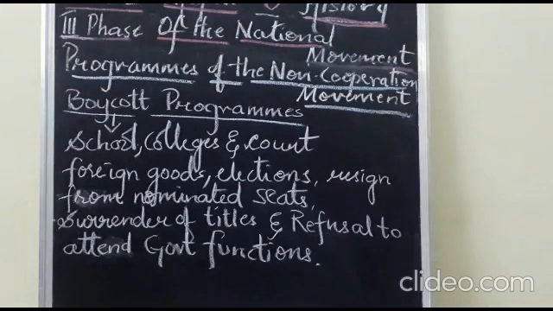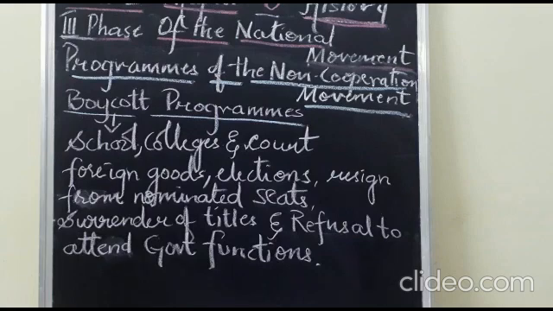Let us now see the programs that were involved in the non-cooperation movement. Firstly, under the boycott program, the Indians boycotted schools, colleges, and the courts. They boycotted the usage of foreign goods, and boycotted elections to be held for the council as suggested by the reforms of 1919, also called the Montagu-Chelmsford reforms. They resigned the nominated seats in local bodies, surrendered the titles and honorary offices, and refused to attend government